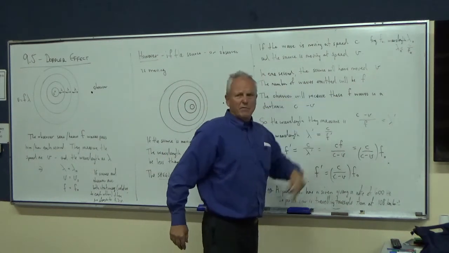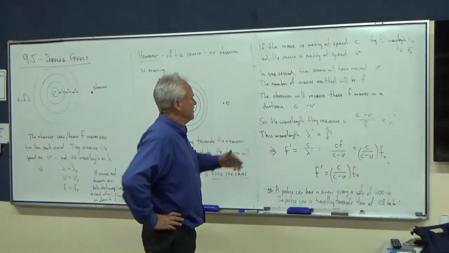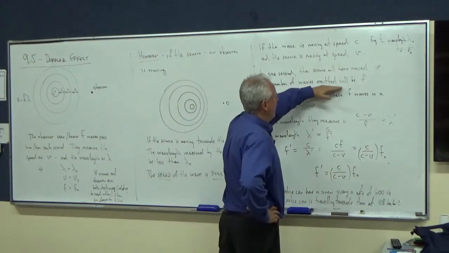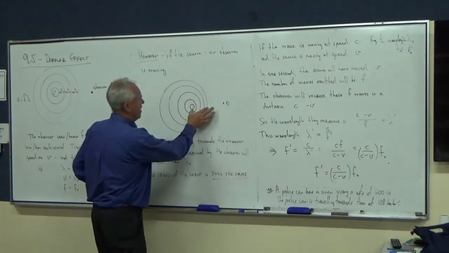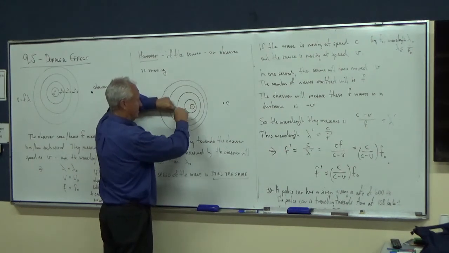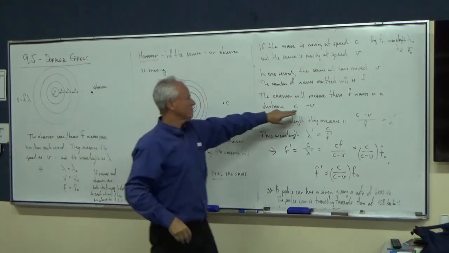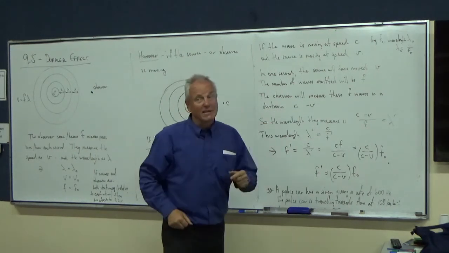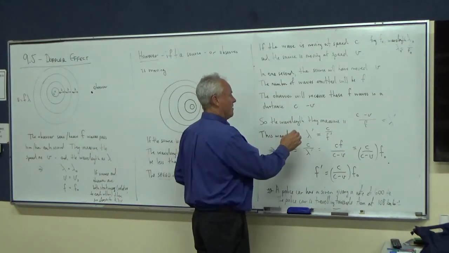If the frequency of the wave is f, that's how many waves we're getting in a second. So the number of waves emitted will be f, and the observer will measure those f waves in that distance there, and that distance there is c minus v. So the wavelength that the observer measures is